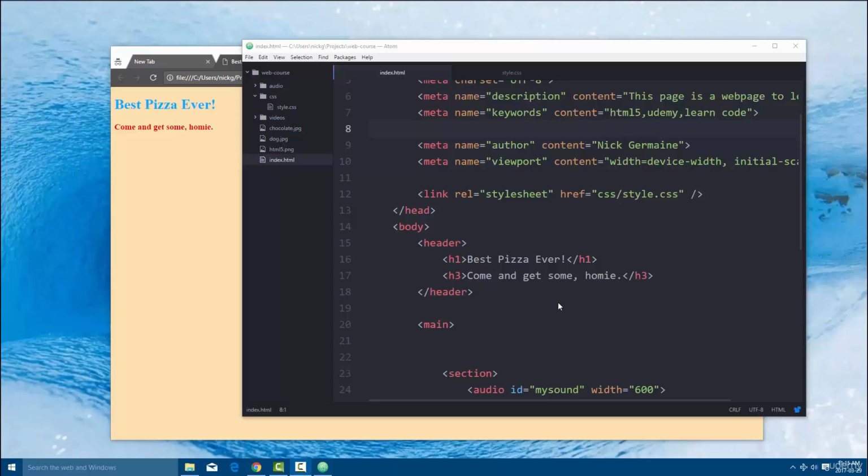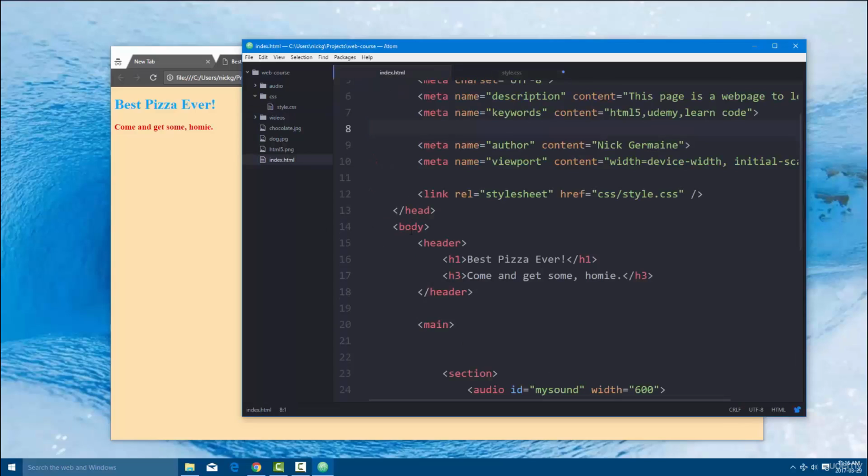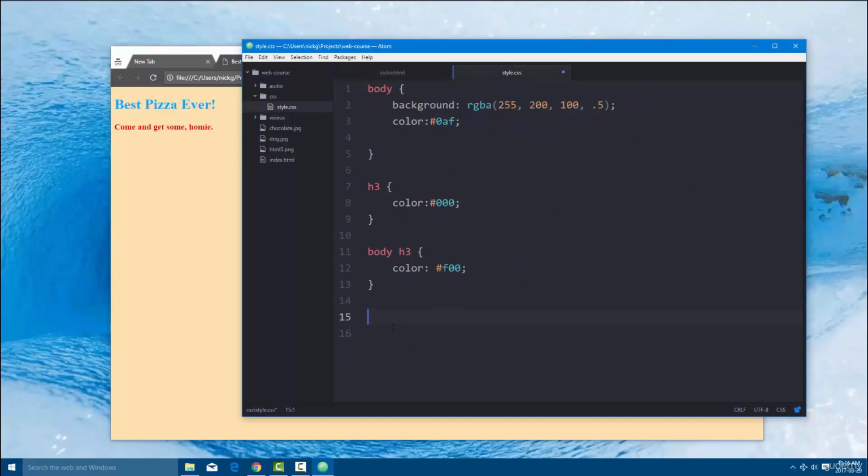Okay, so we're going to talk a little more right now about specificity within style sheets. This is basically a way to apply styles to a lot of elements and then refine the application of certain styles. So what I'm going to do is show you guys another way to overly specify things. And so what I'm going to do is say in body header h3. So what you can do is when you're creating specific rules, rather than just